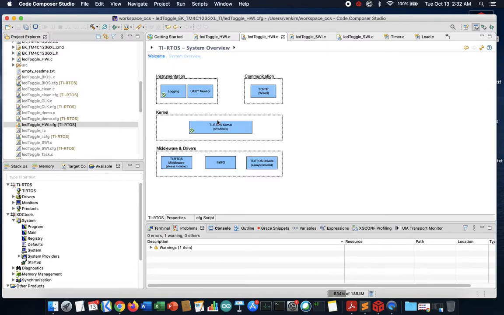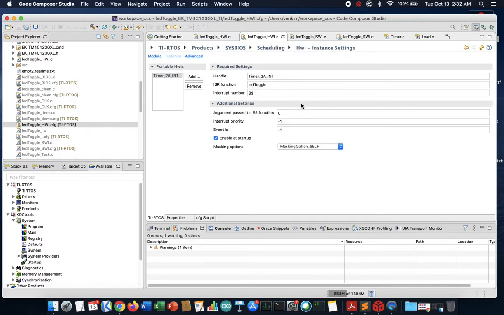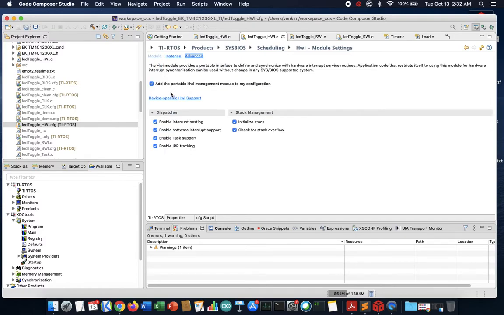And going back to our kernel, in the threads we enable the hardware interrupt,